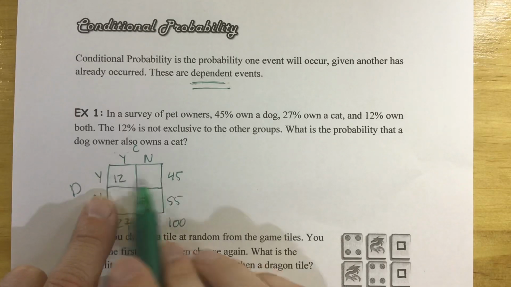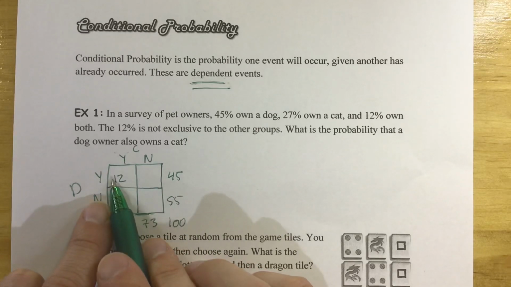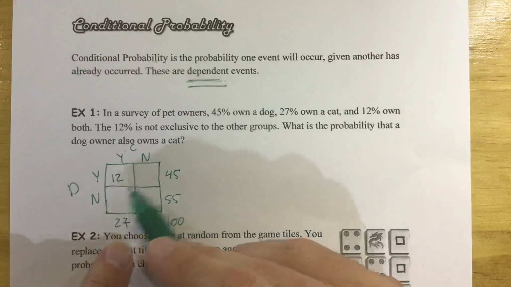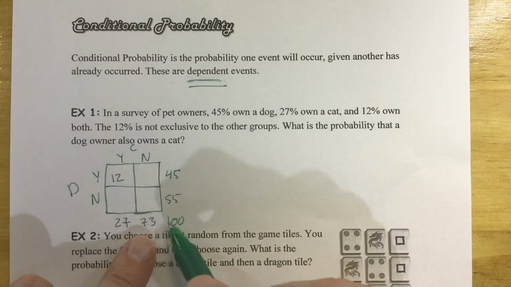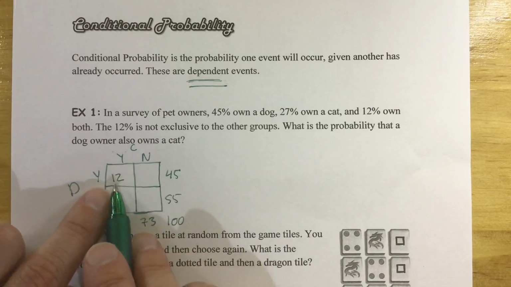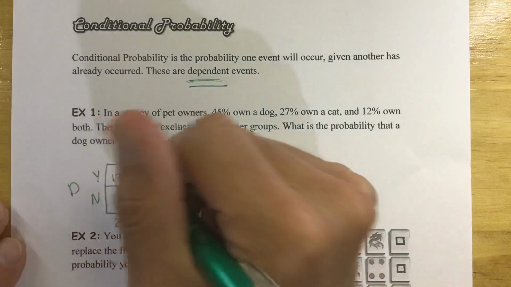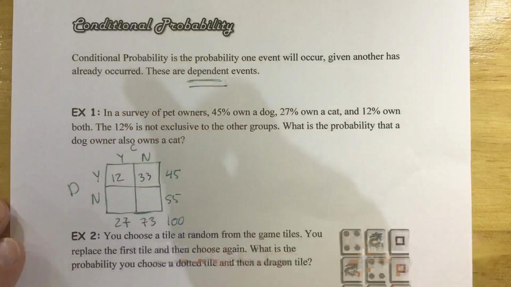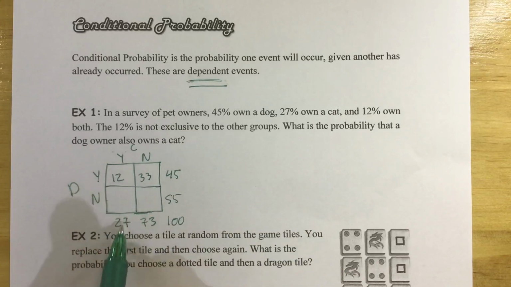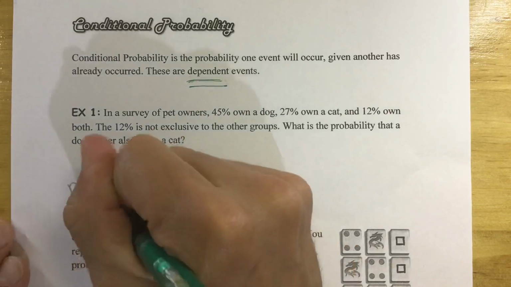Now if you use the rules for the frequency tables, adding across should give you that total. Adding vertical gives you that total, and then so on throughout the whole thing. So now that we've got all these numbers filled in, you can subtract the 12 from the 45, which is going to give you 33. You can also subtract the 12 from the 27, which is going to give you